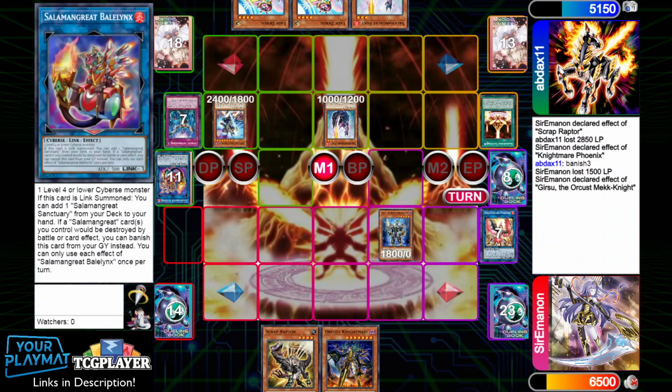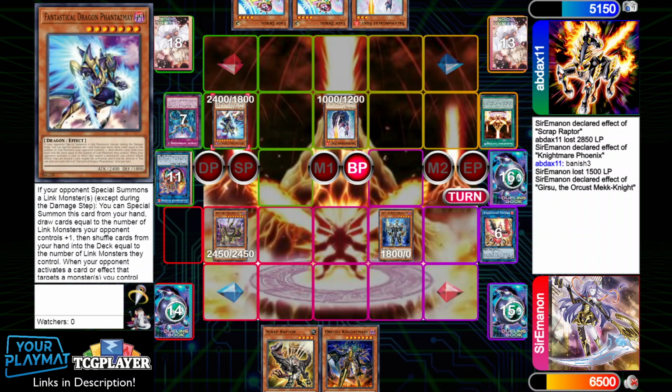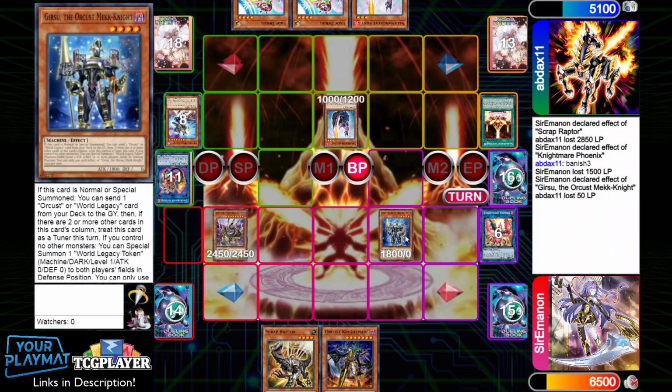So we're just going to go and use our Gizmek and try to get this Nightmare out of hand as well, which would be great for us. So we clear Phantasme, and then we attack into Foxy. Something I maybe could have done was attack into Foxy twice, and then I could have made Galatea